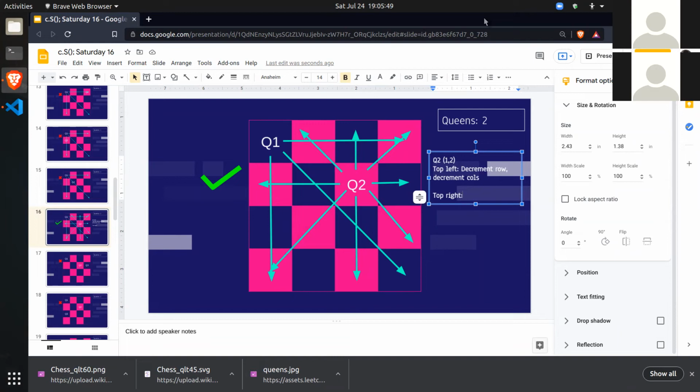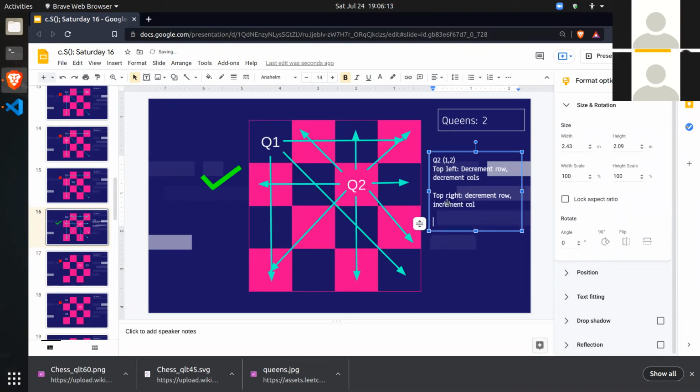Is the column increasing or decreasing? First thing is we are going top. So that means row has to decrease. Decrement row. And we are going right. So as you go right, do columns increase or decrease? Columns increase, right? So increment column.